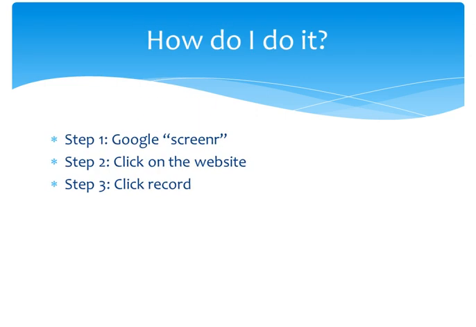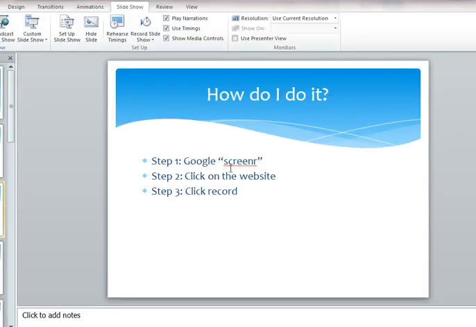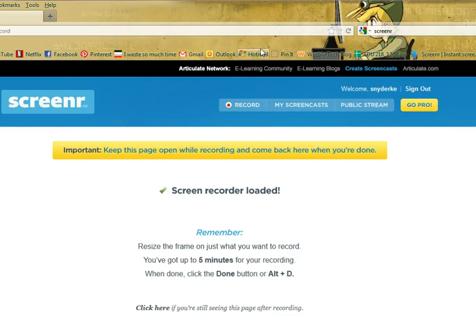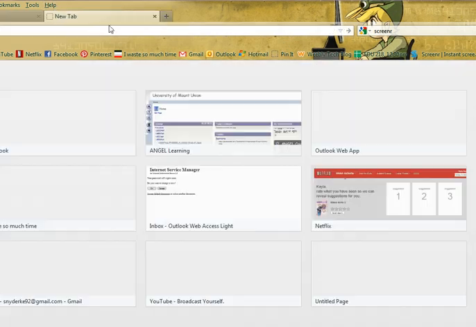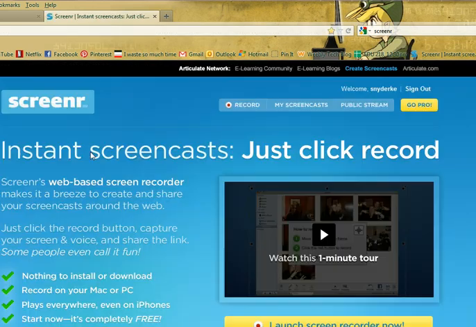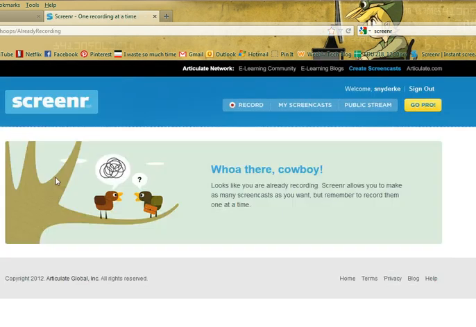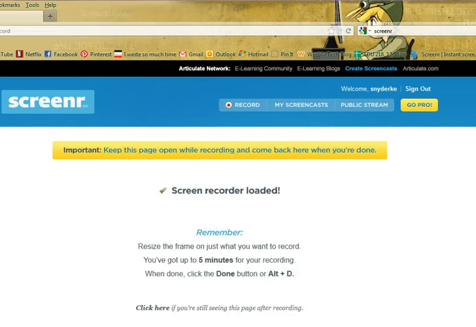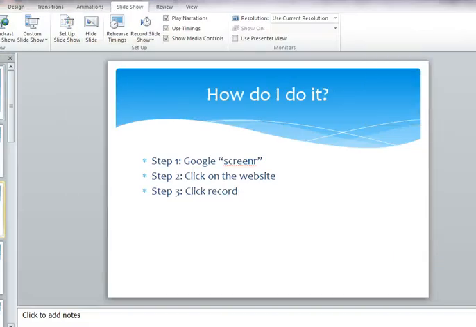And it's pretty simple to do. Here, I'll pull up internet. I've already got it pulled up over here, but you type Screenr into your search bar and click on the first one. It's the real website, www.screenr.com. Here's the website. You just push record right here. I can't actually push it because I'm actually recording another thing already. Alright, so